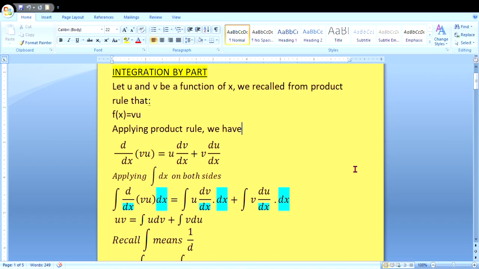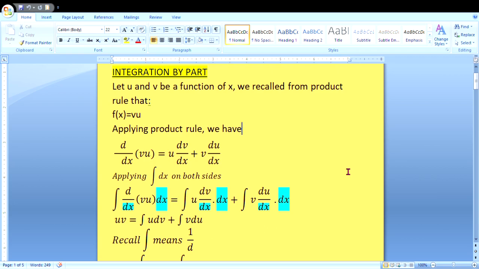Here, let's look at integration by parts. Let u and v be functions of x. We recall from the product rule of differentiation that if f of x is equal to u times v, where v is a function of x and u is a function of x, then by applying the product rule, we obtain that d/dx of uv is equal to u dv/dx plus